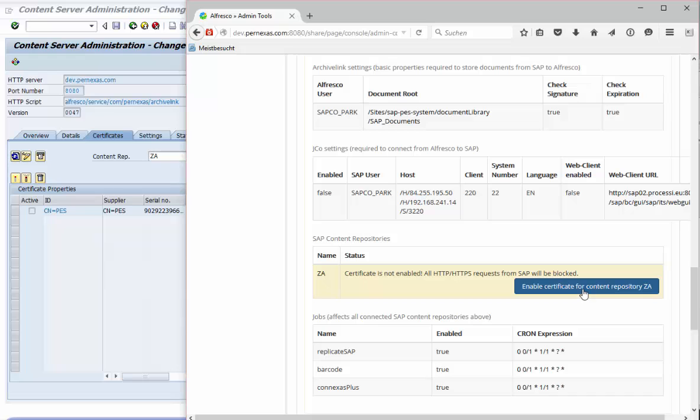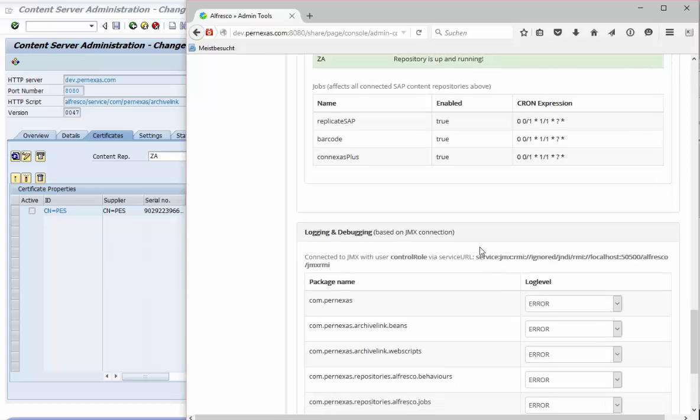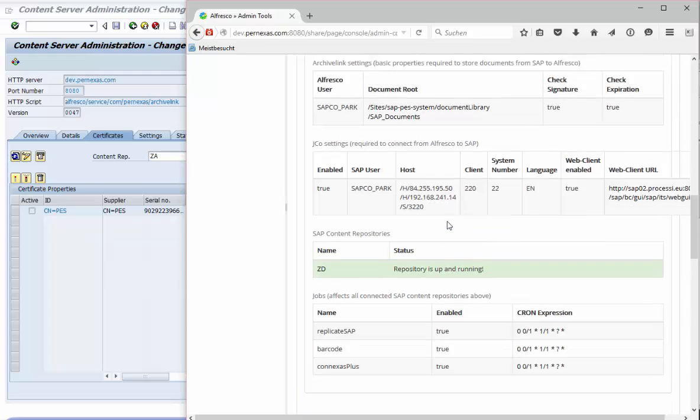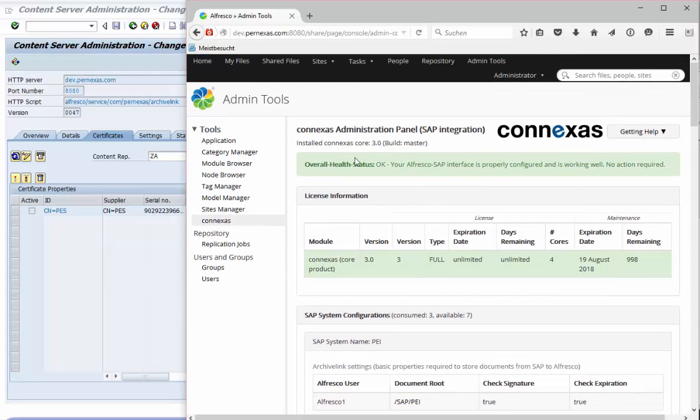And we can do this very nicely here in the admin panel. We just click here on the enablement, and now we have accepted the certificate, and the repository, the overall status is healthy. So we have done this, and now the overall status of our connection is also, of course, green,